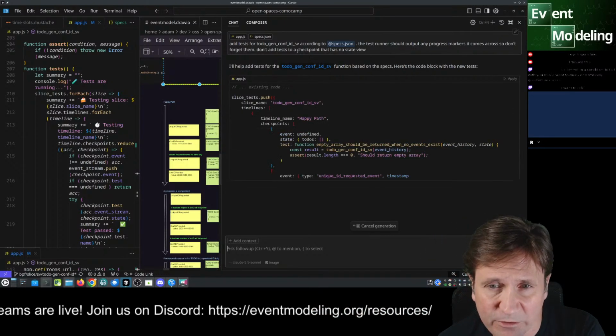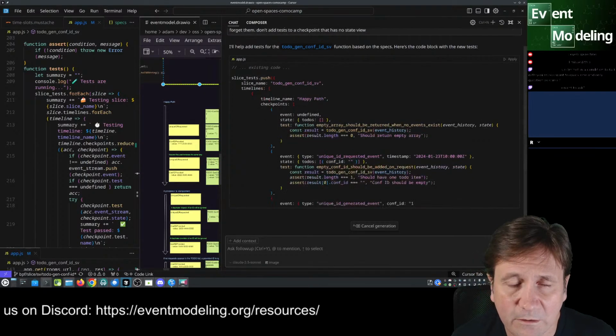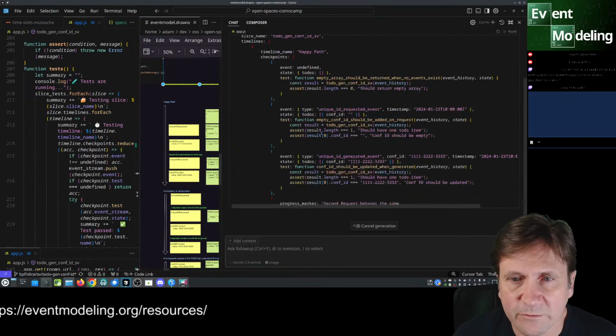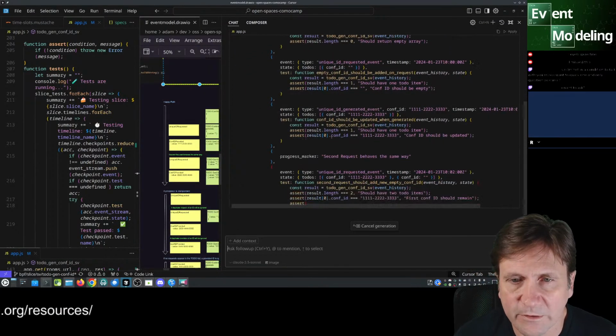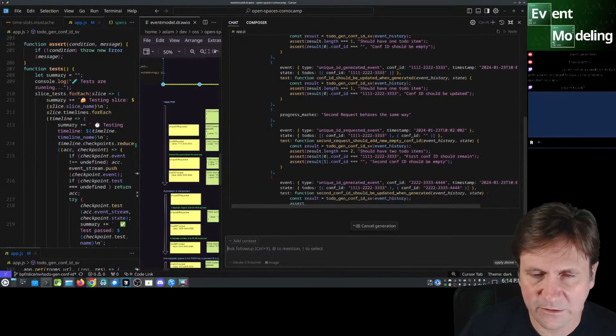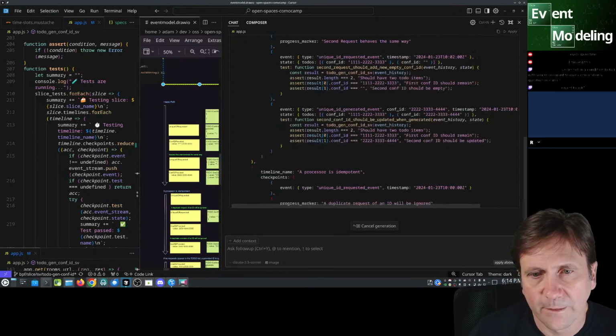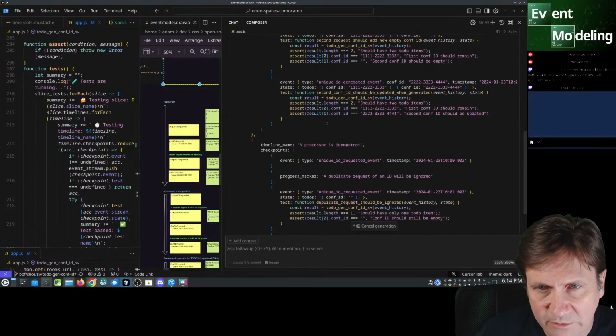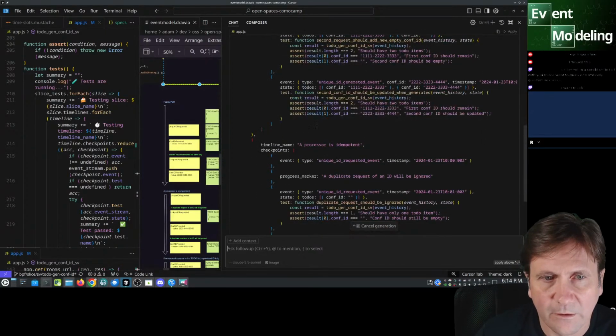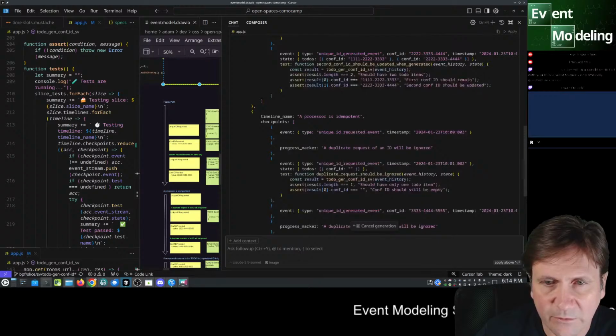Okay, so it's still got the first one where there's no event. That's good. Okay, so far so good. Getting the progress marker. So that's the first hallucination that we saw. It's funny that it was only after we asked for the test runner output. Here we have the blank event with no testing. That's good.